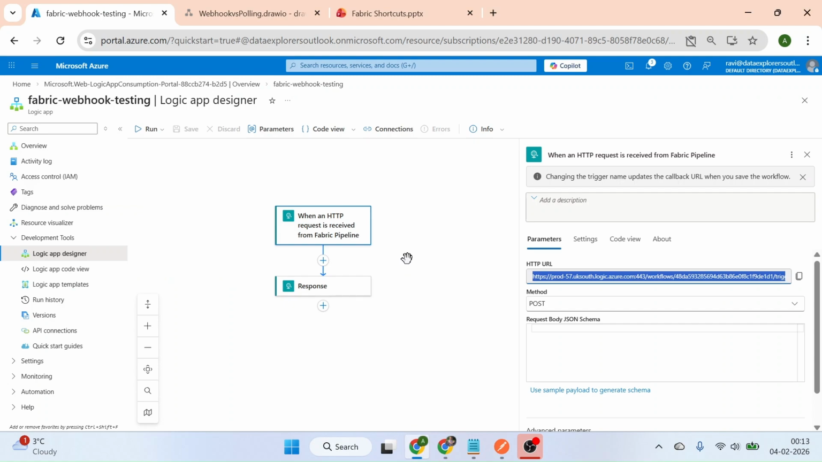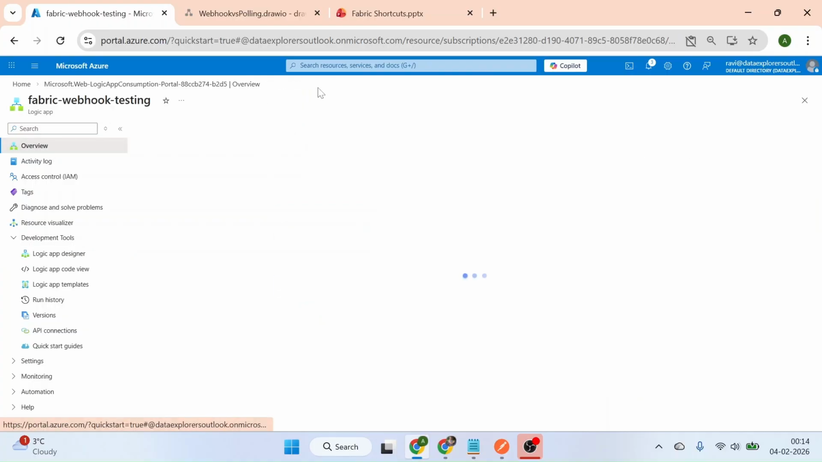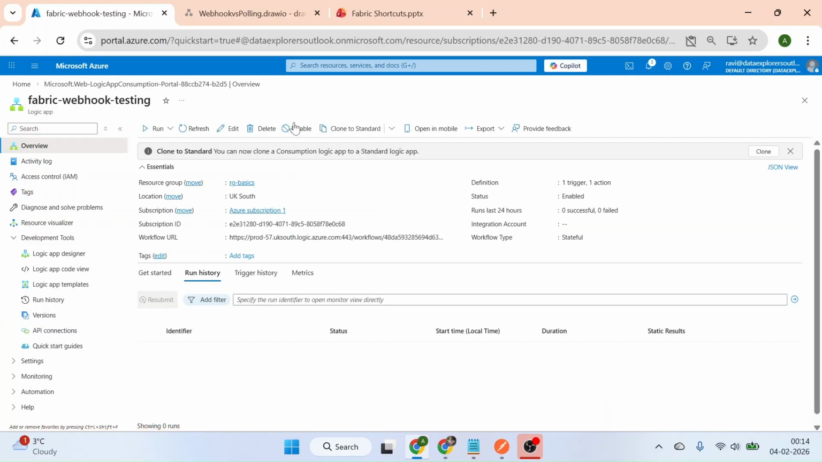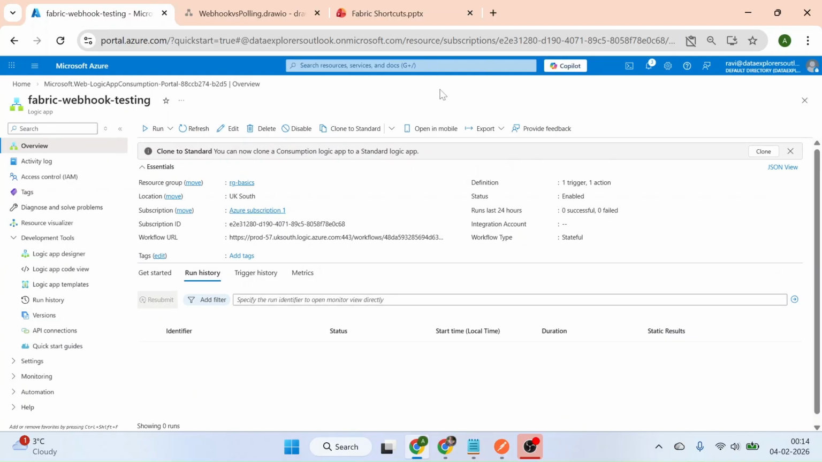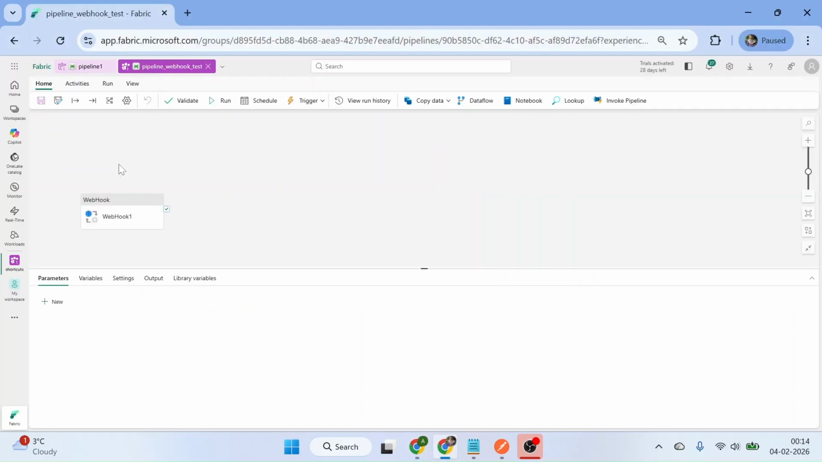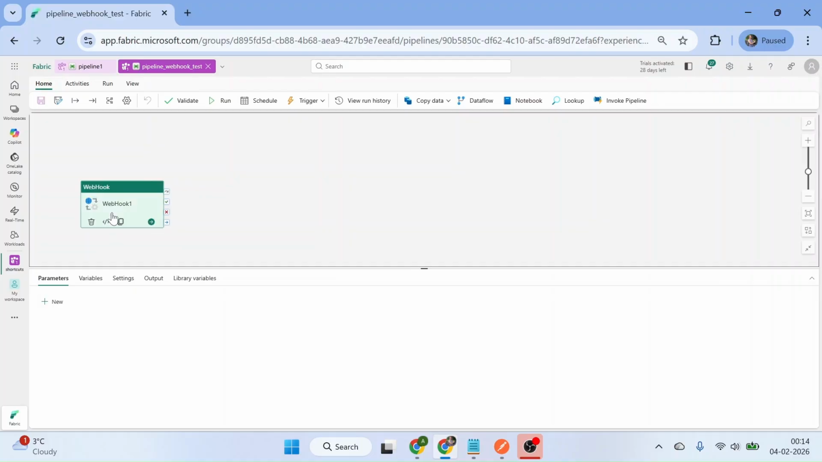Ensure logic app is up and running. Let's go to overview and check here. When you see disable, it means it's enabled. Let's trigger now. But first, what we are going to do,